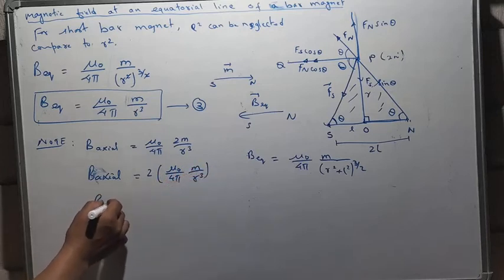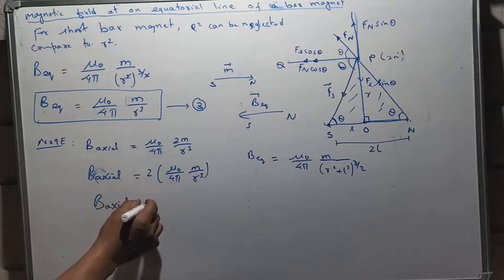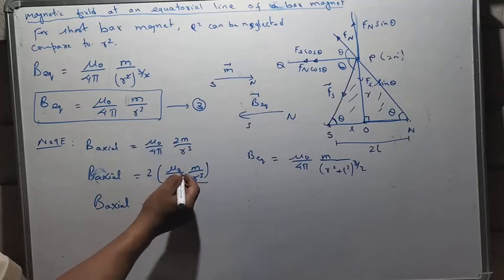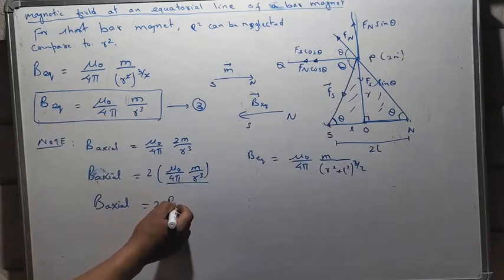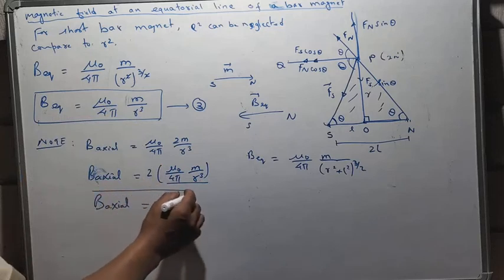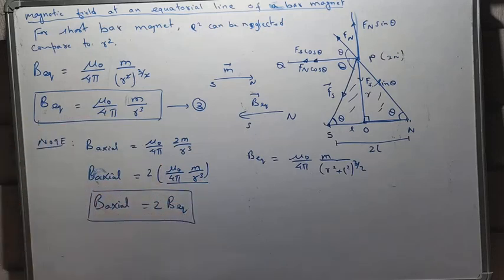Or this B axial is equals to 2 times mu naught upon 4 pi m upon r cube, which is equals to B equatorial. So please note down this equation. That means the magnetic field at the axial point of a bar magnet is equals to twice the magnetic field at the equatorial points of a